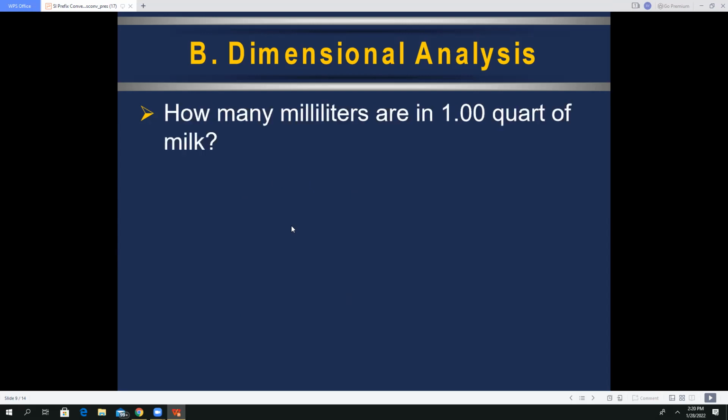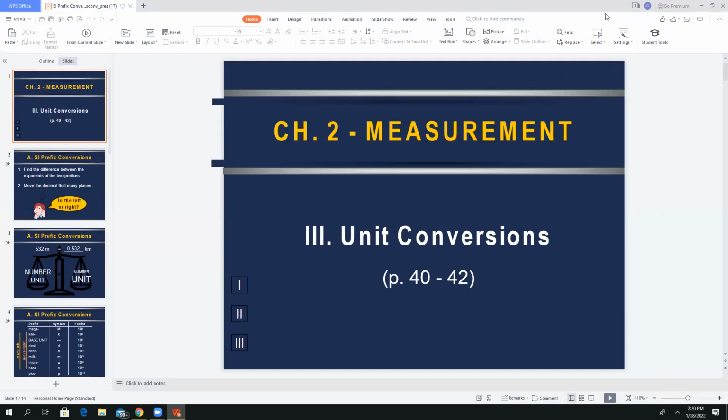So how many milliliters are in 1 quart of milk? Okay, here's a question. Remember the steps. Line up your beginning and your ending units, which we've done here. We're starting with quart. We want to end in milliliters. Then you find your conversion factors. And I'm going to go ahead and stop right here so I can show you where they are on your